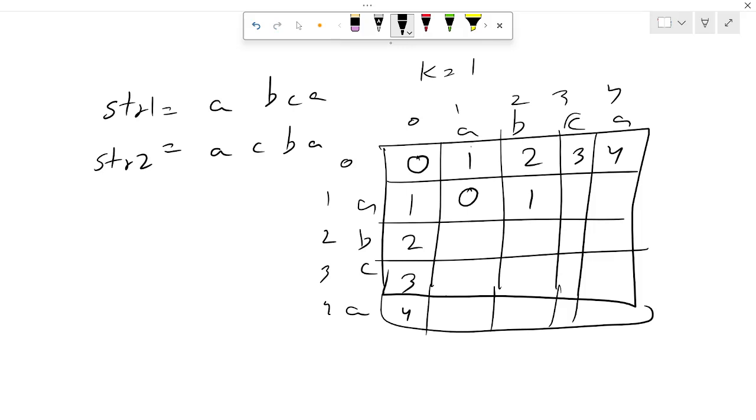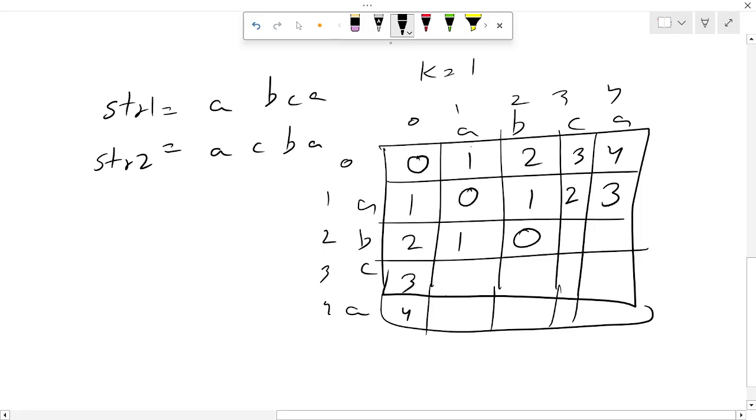So plus 1, this character and this character are not equal, so from this cell or this cell we have to take the minimum and add plus 1 also. Now this character and this character are similar, so we will take this value. Now this character and this character are not equal, so we will take the minimum value from that, so 1, and this character is equal, so we will take this value.